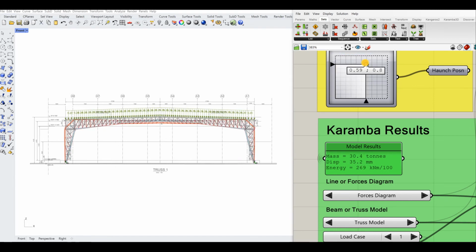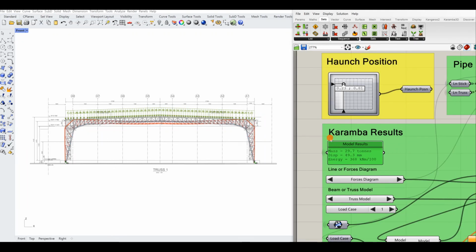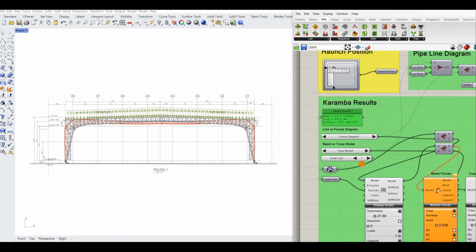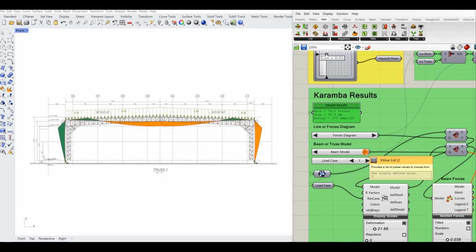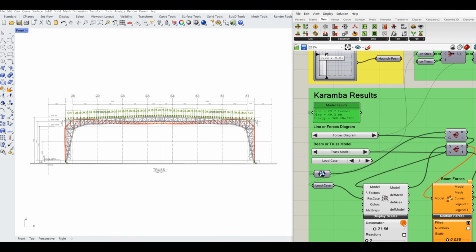So in Grasshopper, we can control the haunch depth and the length of a transitional tapered truss in the same way we controlled the haunch position in the stick model. Beyond the tapered truss, we maintain a straight regular truss. Here, we can now perform quick comparisons between a truss model and a beam model, showing how similar or lesser maximum displacements can be achieved for